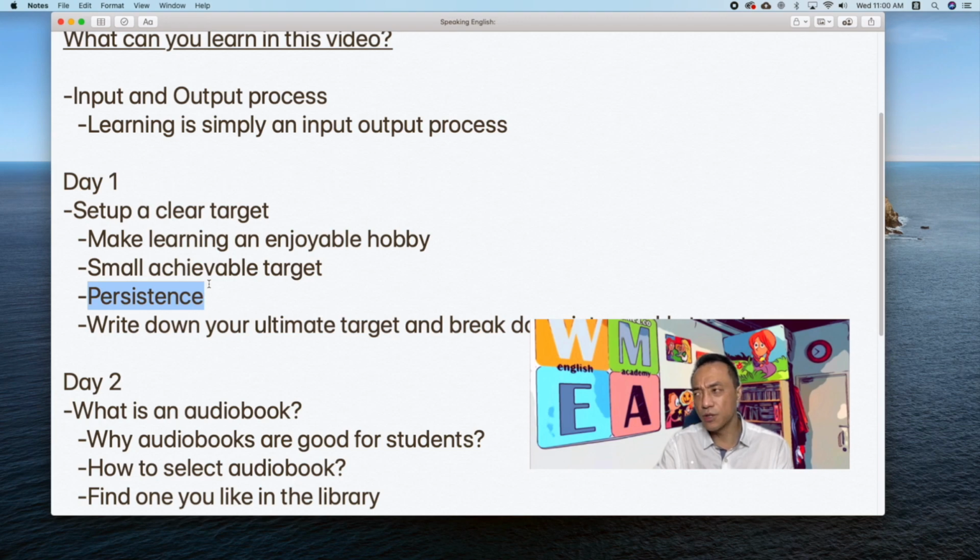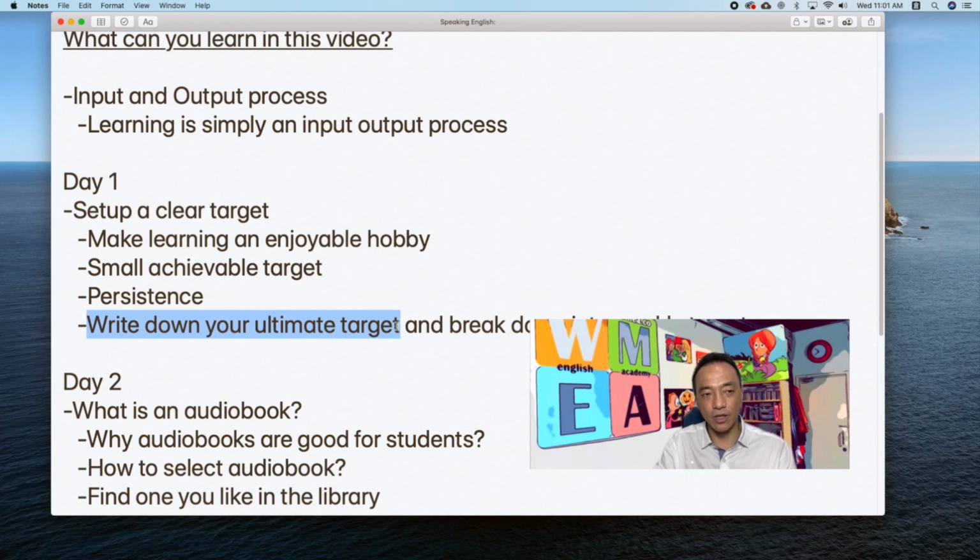For example, if you spend an hour a day, it is quite impossible for you to insist. 5 minutes, 10 minutes, or even a bit longer could be more feasible. So, you have to bear in mind that a small and achievable target helps you to insist.